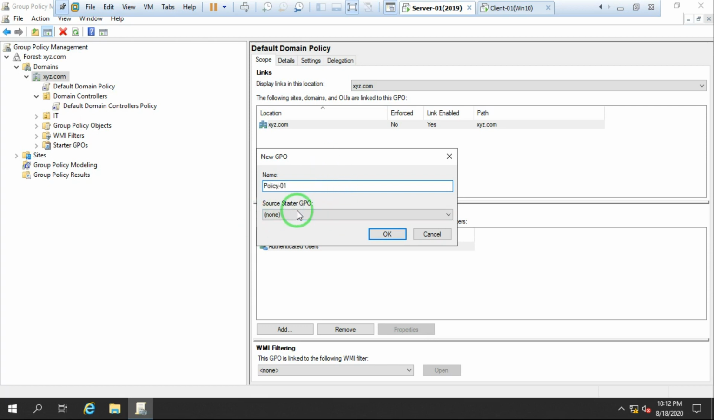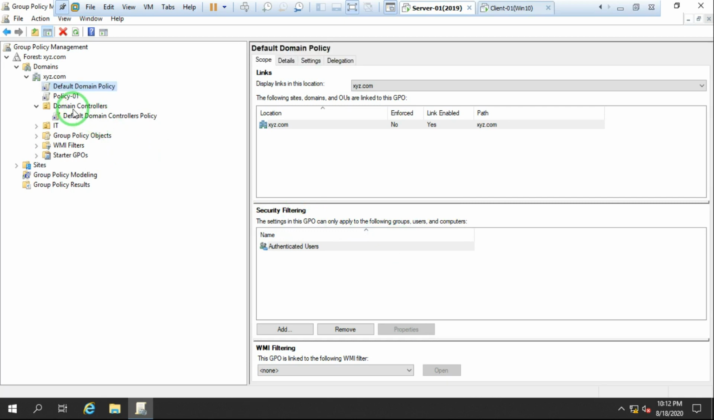I'm not using any starter GPO right now. We'll discuss later what a starter GPO is. Simply click on OK. Now we have policy 1 over there. Policy 1 also applies on the full domain network xyz.com. As you can see, the location is xyz.com and it's applied to xyz.com by default. Now if I right click on policy 1 and click on edit,